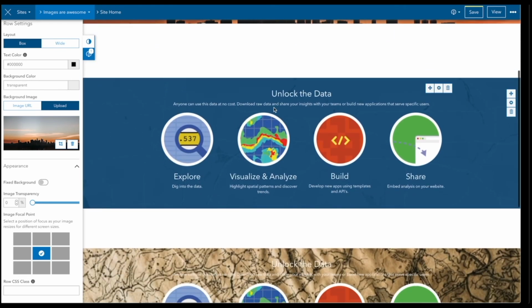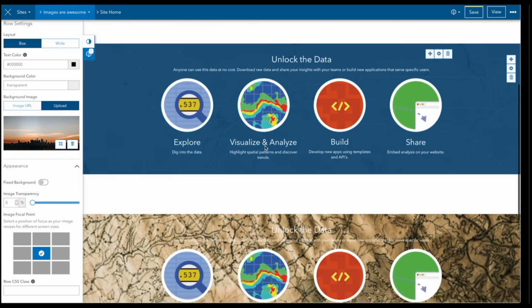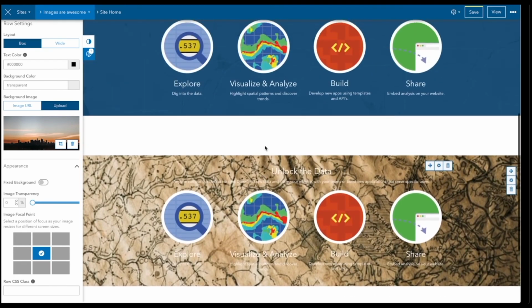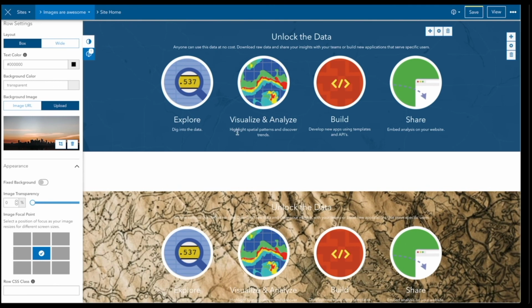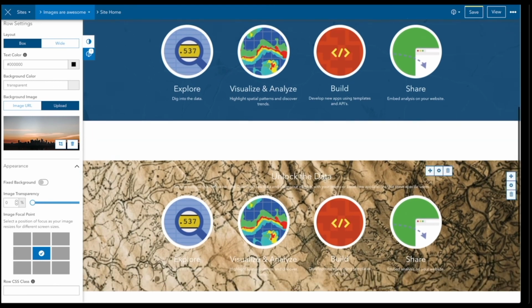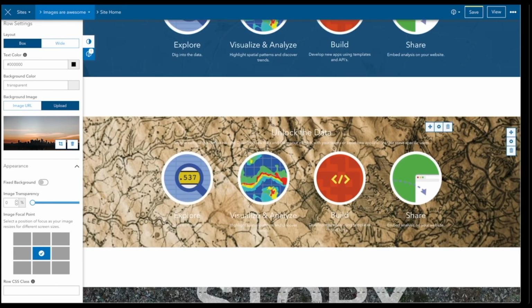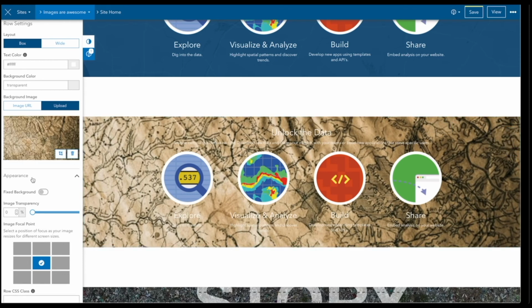Secondly, a lot of people use images for backgrounds, so maybe some texture, like the example in this template. And maybe you don't have a graphic designer on staff to provide you with the exact image, but if you had a map image available already or you downloaded one from a stock site, you could apply that here. And now I can show you a few row settings for how we might get a similar look